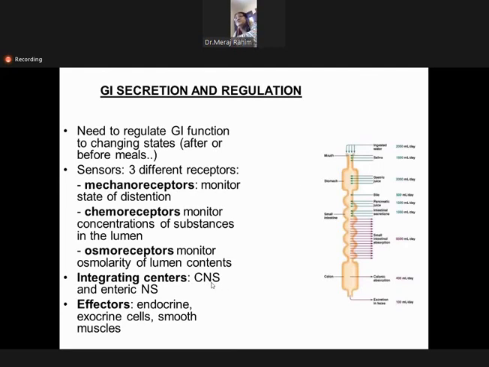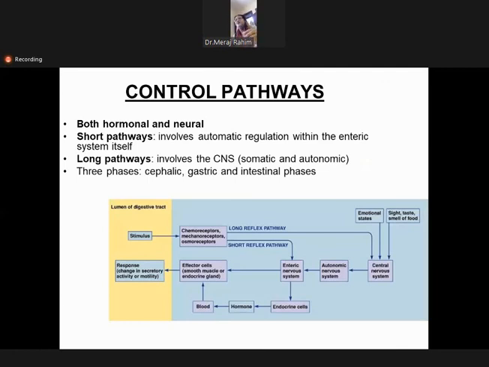So all this then communicates with the central nervous system. We call it the long reflex. So students, I will just show you this slide. It is very important. This is the nervous system. This is the lumen. The stimulus occurs, and these are the receptors present in the lumen: the chemoreceptors, the mechano and the osmo, and then they relay their sensation into the enteric nervous system. So we call it the short reflex. And then the long reflex is the vagus nerve, which goes to the CNS. So all these things are carried to the nervous system so that the secretions can be regulated.